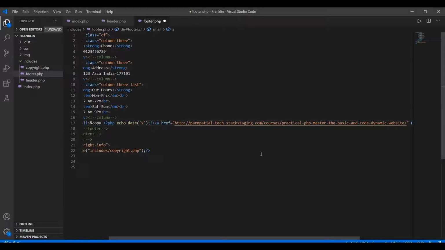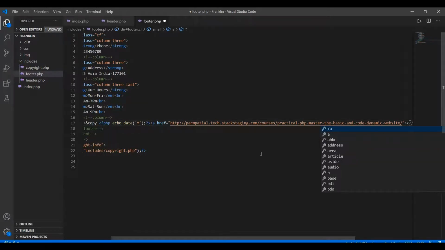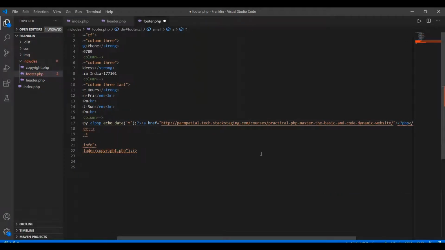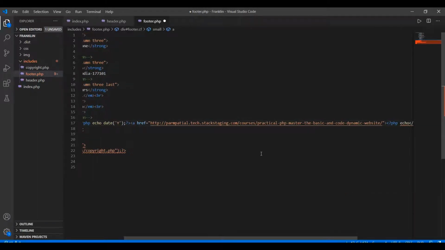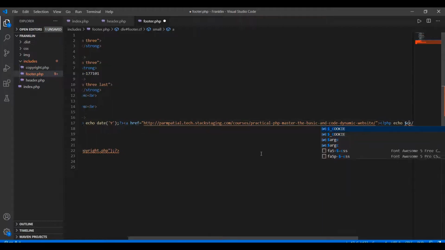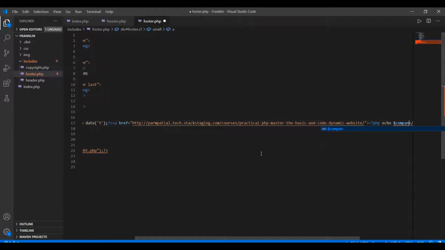Then here I'm going to close this. Then I'm using the PHP script again, and here I'm writing echo. Then I'm giving the variable name, since I want to display the name of the company, so the variable name is company name.